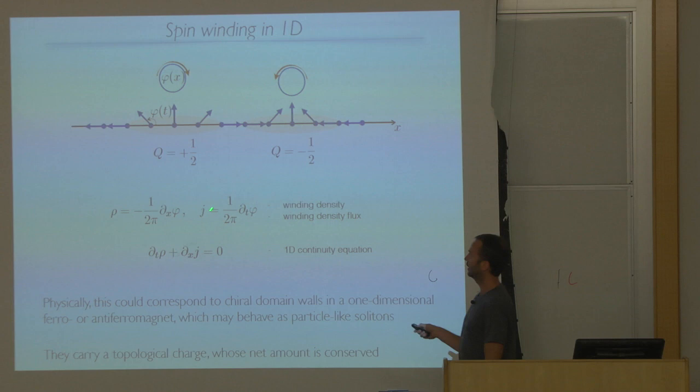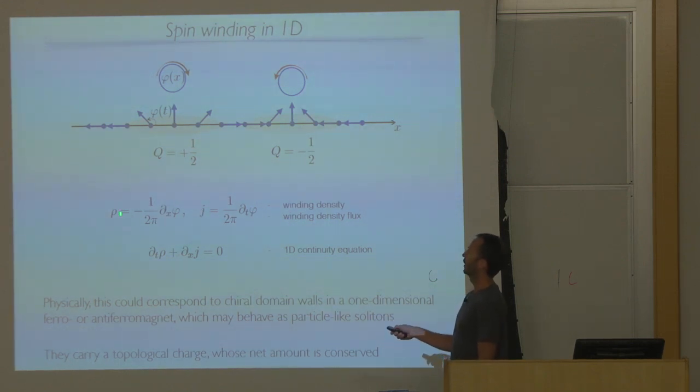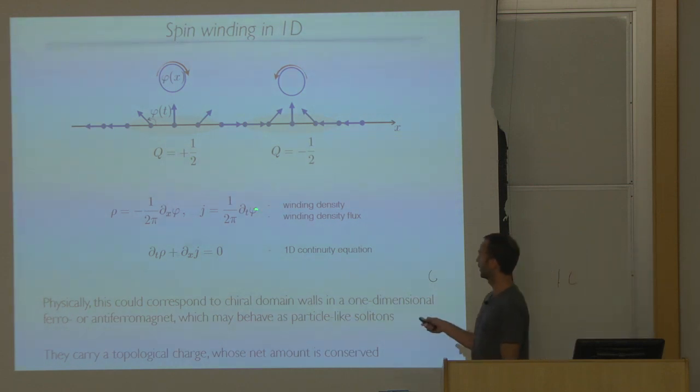You can easily see the corresponding current that complements this density through the continuity equation is given by the local temporal gradient, or the local frequency, of the winding. Okay, so if you fix magnetization at some point, so d phi dt at that point would be 0,